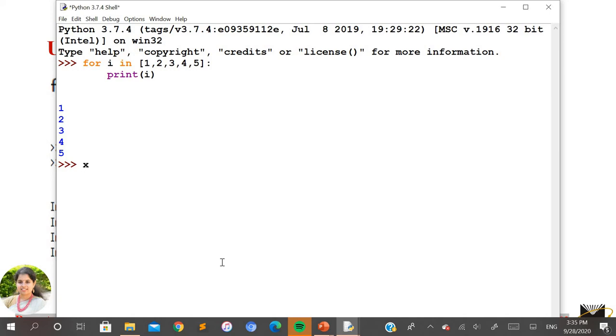Let me take the same example another way, that is using the range and the length function. I'll take this same list with some variable here.